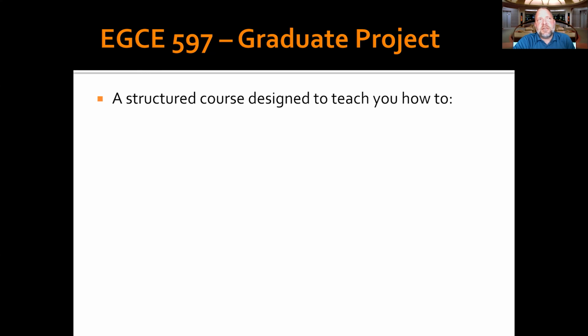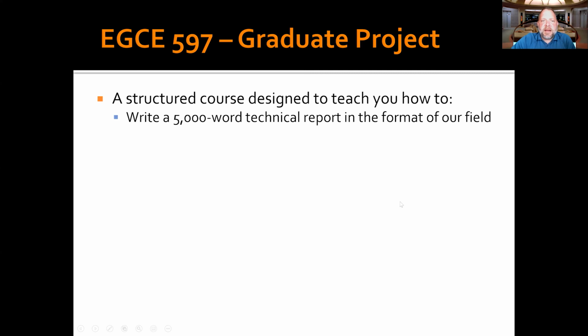So we're teaching you how to be a practicing engineer, and then also how to do research. The idea of the 597 course is not to get in the lab, get dirty, or mix chemicals together and see what happens. It's more about writing a paper. In this case, it's a 5,000 word paper. It used to be 10,000, and I decided that was too much. It's a 5,000 word paper that you write for the whole semester. It's a quarter of the grade, I think, or a third of the grade.